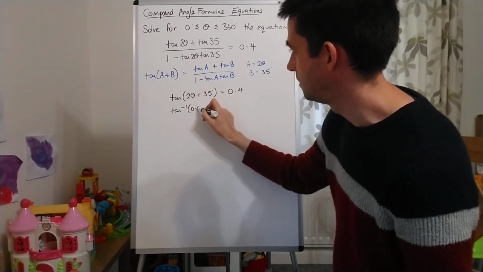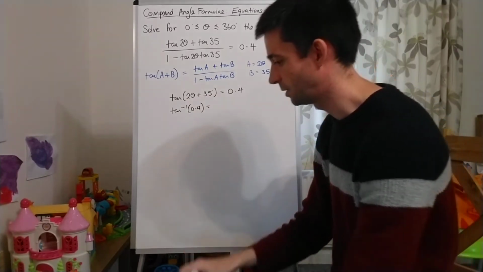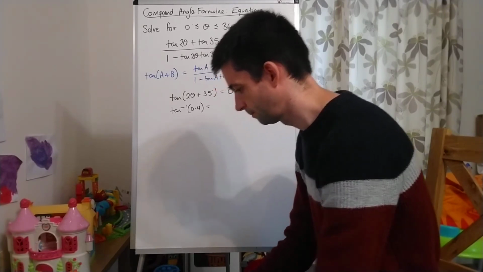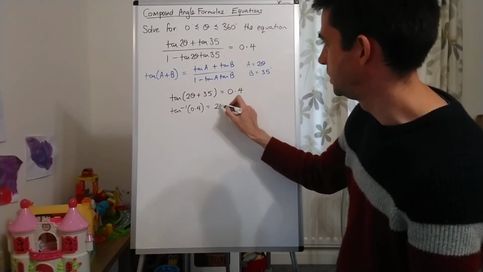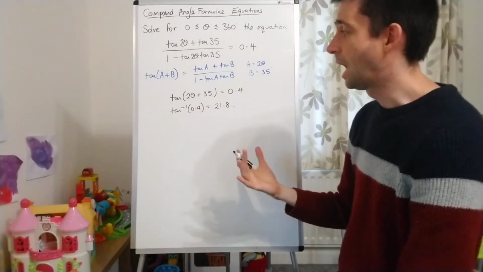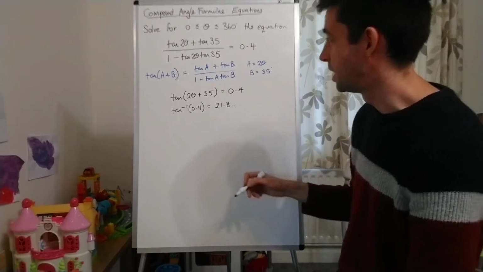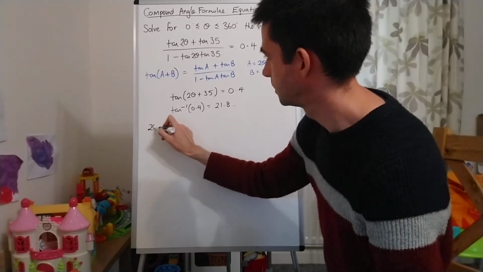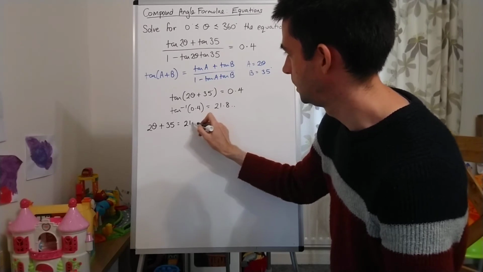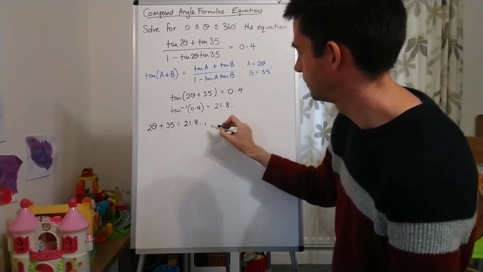So I'm going to do tan inverse of 0.4 on my calculator, which is 21.8. And tan repeats every 180. So I've got 2θ plus 35 equals 21.8,